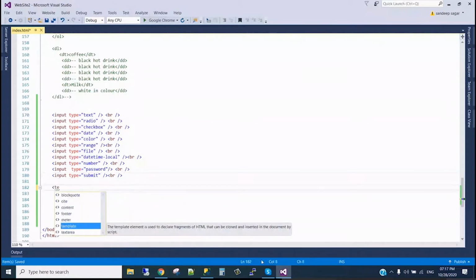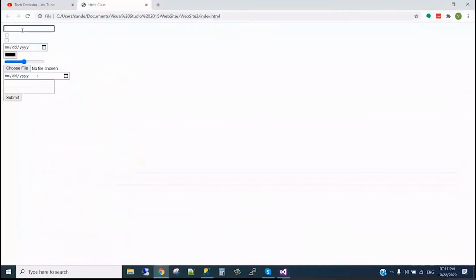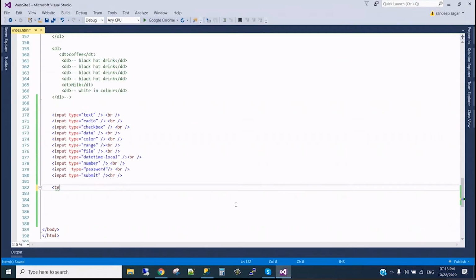For example, if this is a text box and we are writing something, like "this is the third class of HTML," you can see the length of the text is increasing and the text is going inside the text box, but the width of the text box is small. So if we need to write a long description, we can use the text box with a height and width and everything. But for this long text or long description, we have one very good tag,